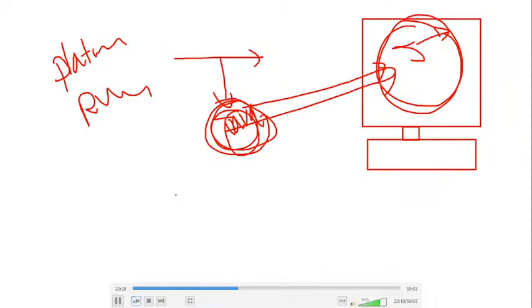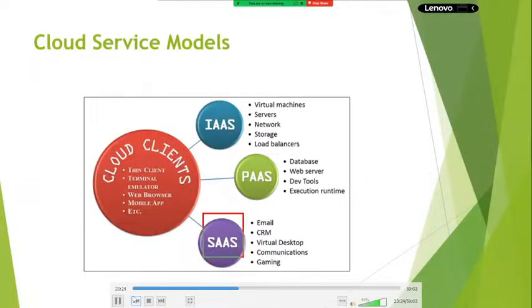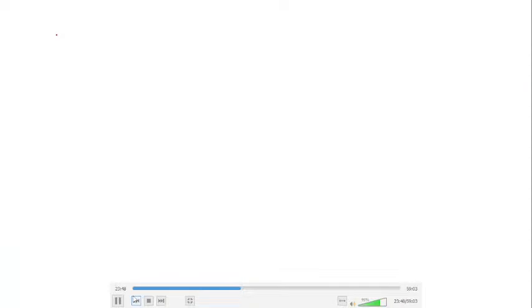Clear? Yeah, next. Now the next thing is SaaS. In our day-to-day activities in the organization, we are already using Software as a Service. Could you please tell me the best example for Software as a Service? Anyone? Like Gmail. Oh yeah, Gmail, very good. Microsoft O365 is there. Yes, Office 365 is a successful product in the market. No other products are there to beat Office 365.